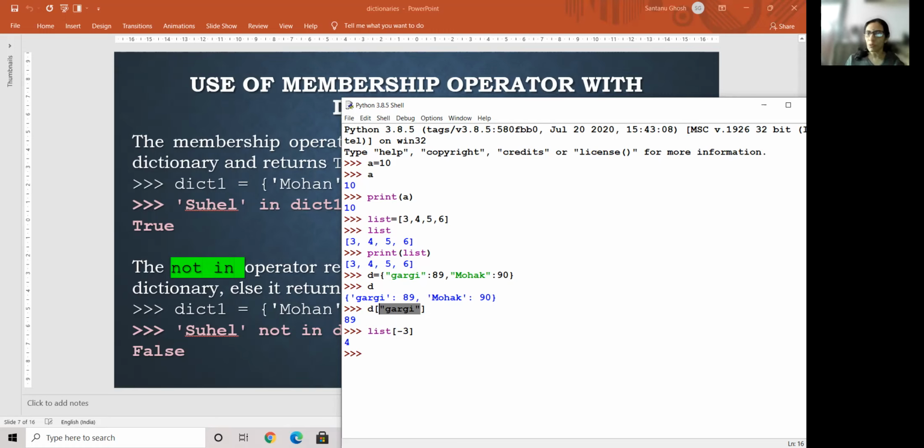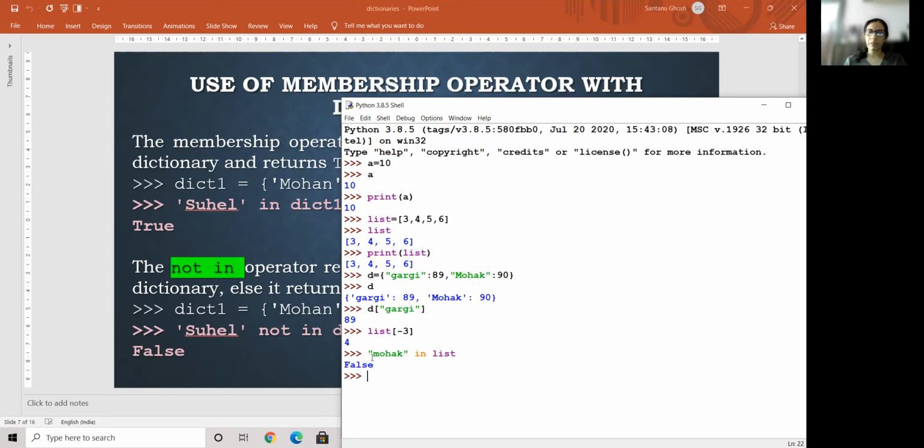Now, there's this beautiful thing, the membership operator. We've done it in list also. I just have to write, are you there? And it answers me with a true or a false. Yes, I'm there, or I'm not there. Same thing we apply in the dictionary also. Supposing I'm saying, is Mohak available in the dictionary? Obviously you don't write "is". It's like what you are searching, that key, in the dictionary name. No extra things to be given in the sentence, right? So is it there? It will say false.